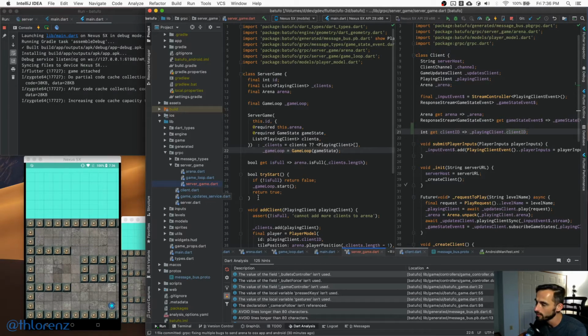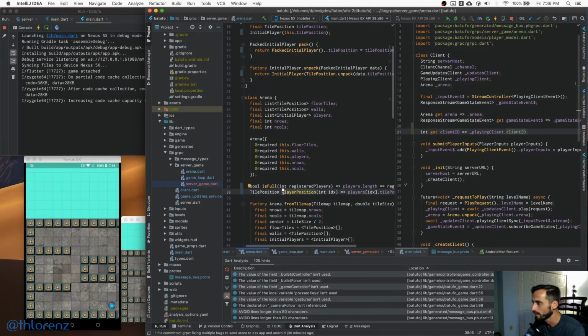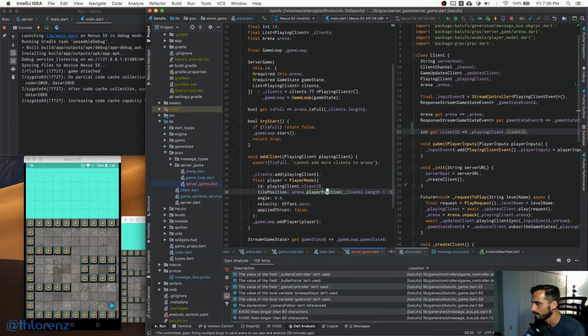So what we can do next is basically look at what's happening here. We are adding a client, right? We are making sure it's not full yet, and then we add that client. So before, let's just say it's the first client. At that point, the client's length is 1, and then minus 1, we get the first player here, right? Okay. But this is the player model,